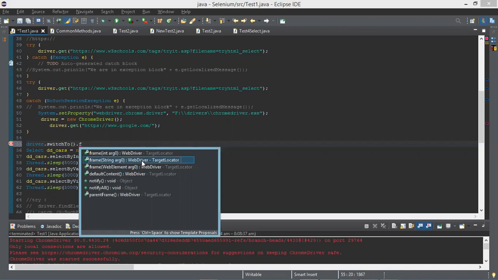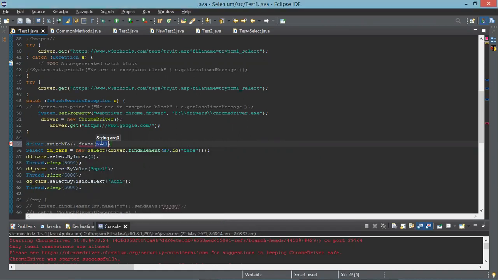If you see the other thing, select, you have three different methods implemented: for index one method, for value one method, and for visible text one method. Whereas in switchTo frame, you got all these three implemented in the same method name, so that it is easy for you to switch any way. Choose any of them; whatever you give inside will be different. Click any one.